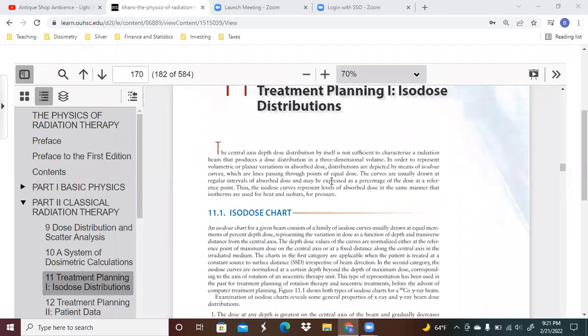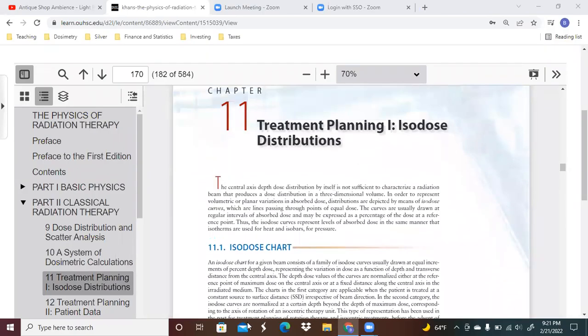This is going to be the lecture over Chapter 11. We're going to start in on treatment planning and start looking at isodose distributions. So even though we can figure out what the dose is going to be on the central axis, we need to be able to describe the beam a little bit better than that. Even though we know what's going along the central axis, we need to be able to describe what's going on,